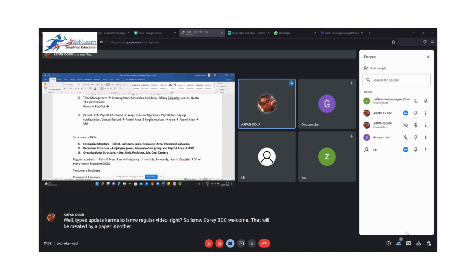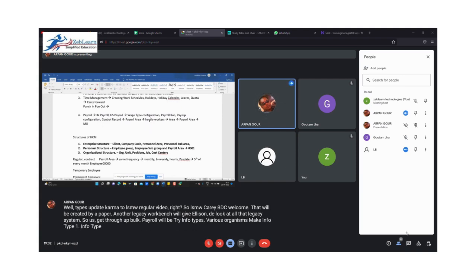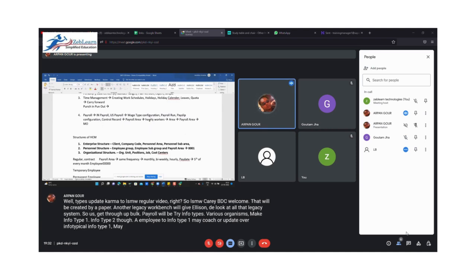दैट विल बी क्रिएटेड बाय ABAPer। अगर आप पेरोल के अलावा दूसरे इंफो टाइप्स बोलेंगे तो लीगेसी वर्कबेंच बोल के एक LSMW का टूल रहता है, लीगेसी सिस्टम, तो उसके थ्रू आप बल्क पेरोल का भी ट्राई कर सकते हो। लेकिन पेरोल में इंफो टाइप्स वेरी होगा, इंफो टाइप 1, इंफो टाइप 2, तो एक एम्प्लॉयी को इंफो टाइप 1 में कुछ और अपडेट होगा, दूसरे एम्प्लॉयी को इंफो टाइप 1 में HR अपडेट होगा, तो करेक्टली पिकअप नहीं करेगा, इसलिए इस चीज के लिए LSMW पेरोल में फेल है।